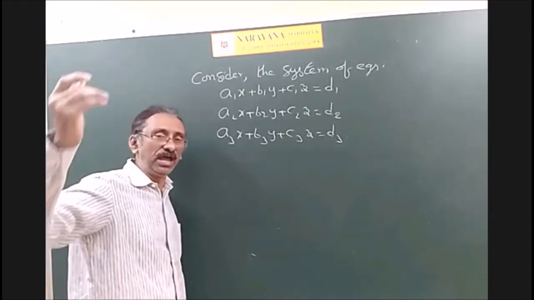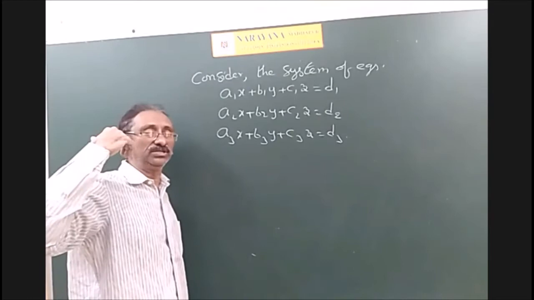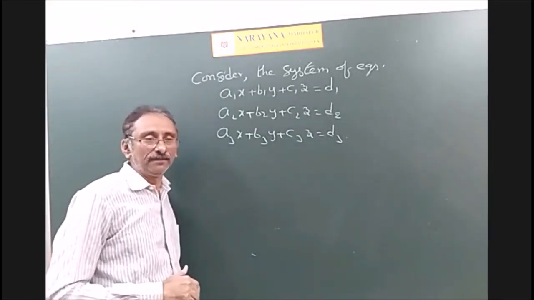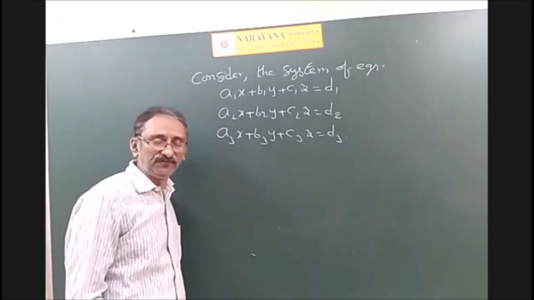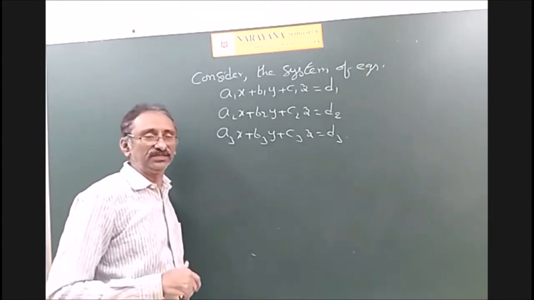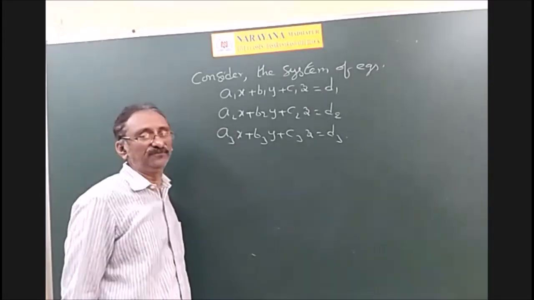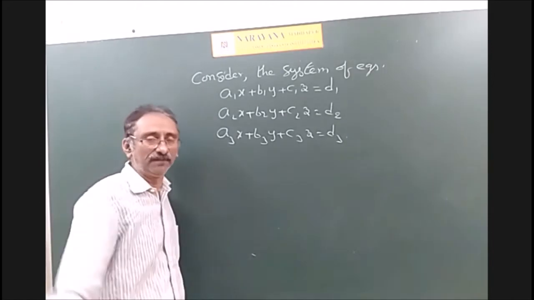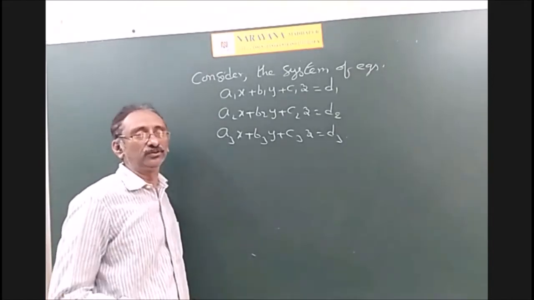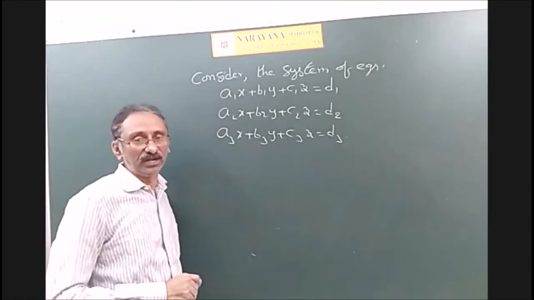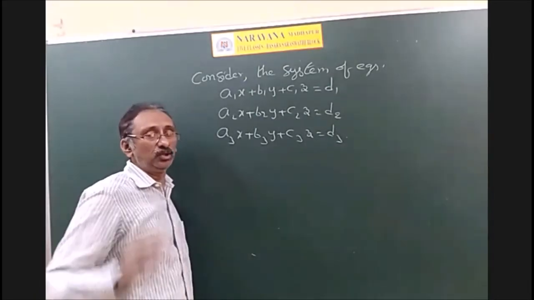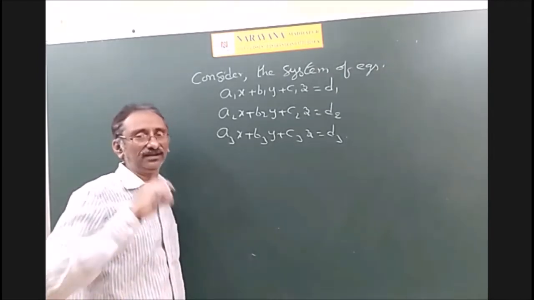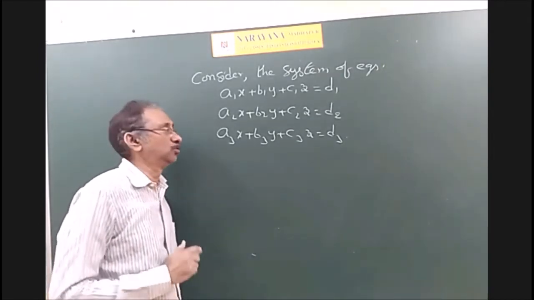In higher studies, you will get equations in so many variables, 4 variables, 5 variables like that. Then using the matrix inversion method is difficult. Finding the inverse is difficult. Finding the determinants is also difficult: delta x by delta, delta y by delta, delta z by delta, and delta p by delta like that. You get 4 values. Finding all those determinants is difficult. But using this method, you can easily find whether there exist infinitely many solutions, a unique solution, or no solution. So how to get that?